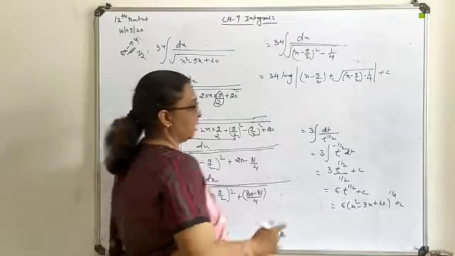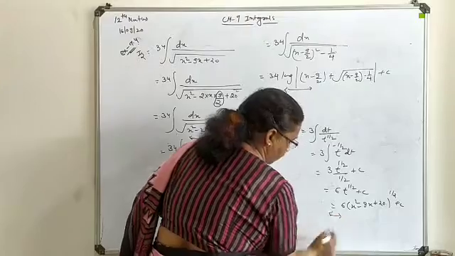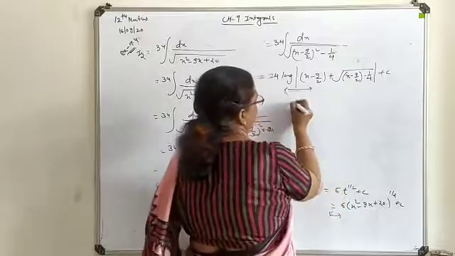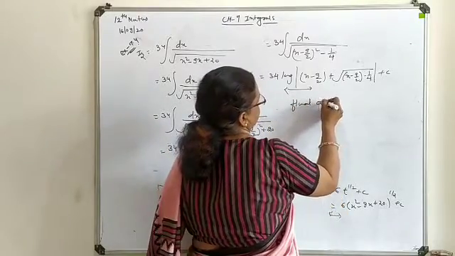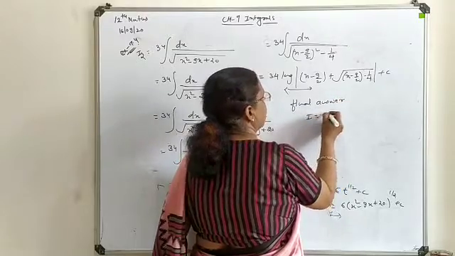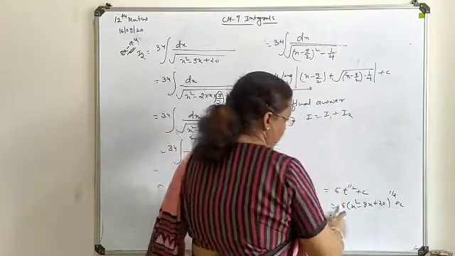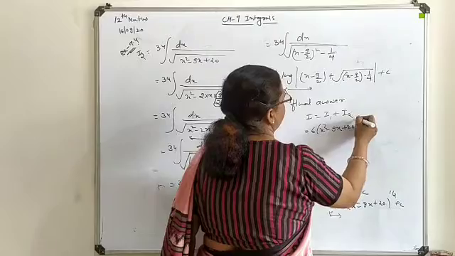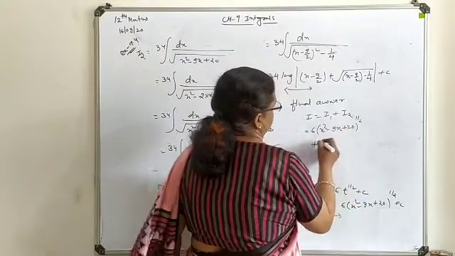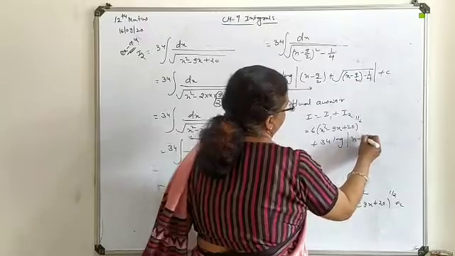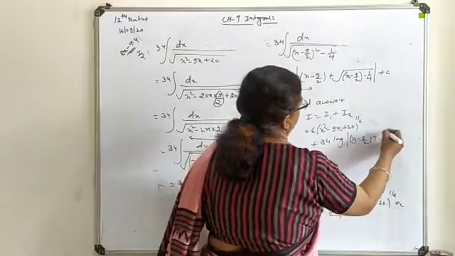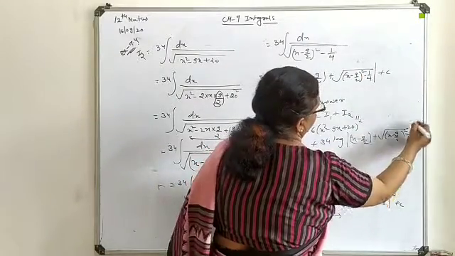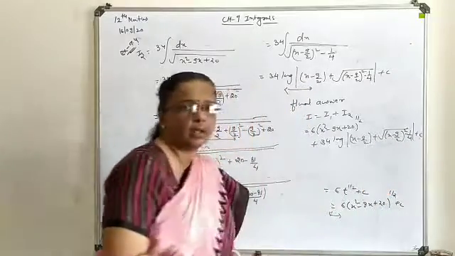Now we have to combine these two solutions. One is this one and another is this one. So finally, your final answer will be converted as I is equal to I1 plus I2. So what the I1 was, it was 6 x square minus 9x plus 20 with power half, plus I2, it is 34 log x minus 9 upon 2 plus under root x minus 9 upon 2 whole square minus 1 by 4. So this way your final answer will come out.